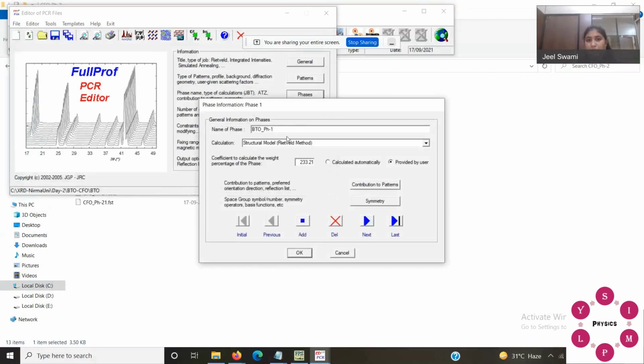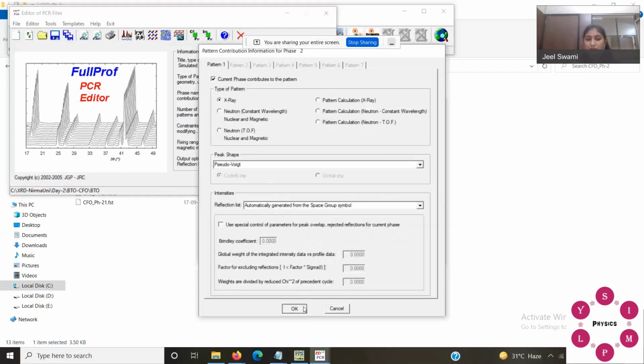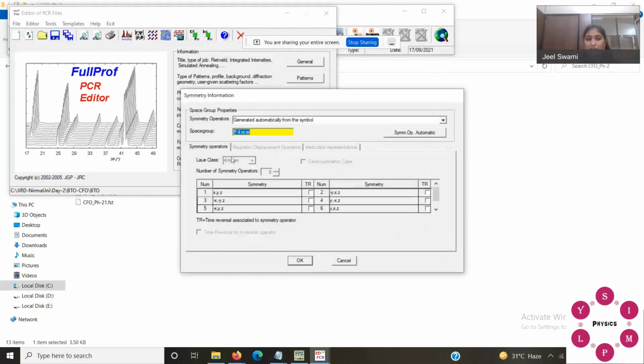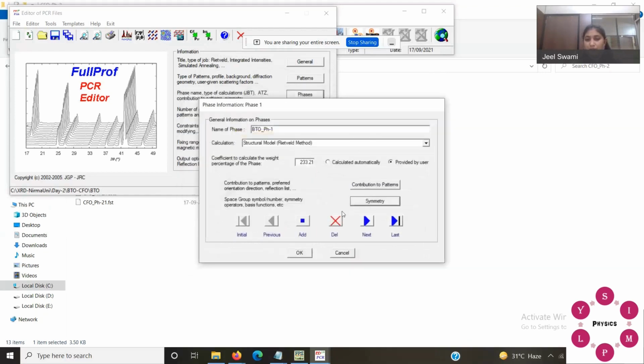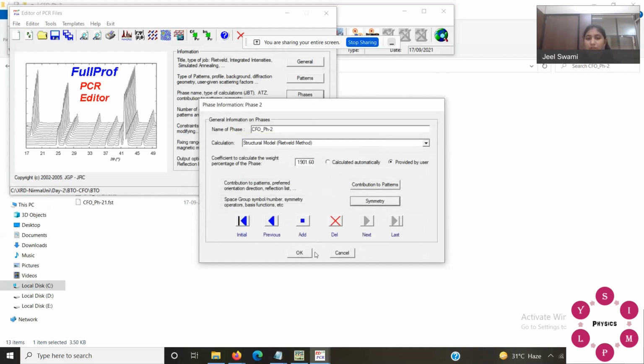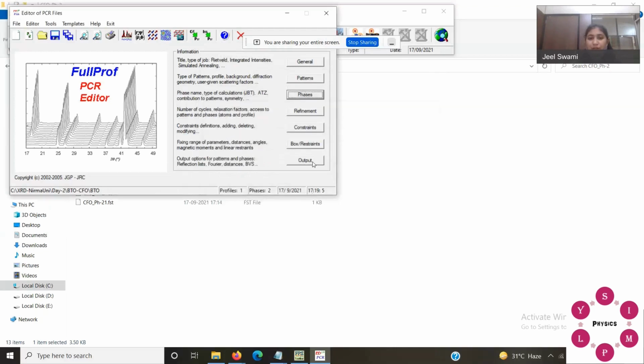The first one is BTO phase 1, and now you can go to next and CFO phase 2. So it has already taken all the information which you provided. So first phase symmetry is P4mm, and if you go to next phase 2, it's FD minus 3m. All the information is now in one file.